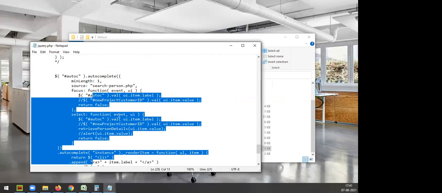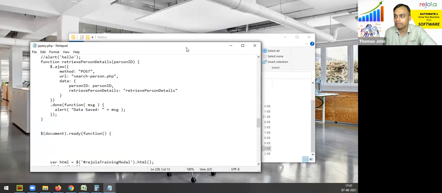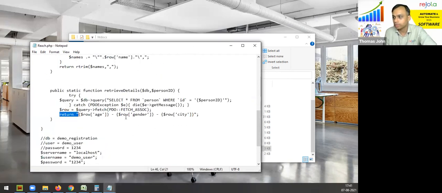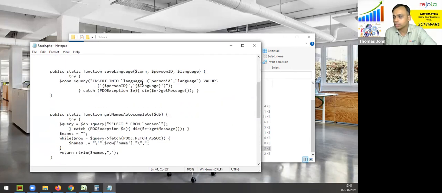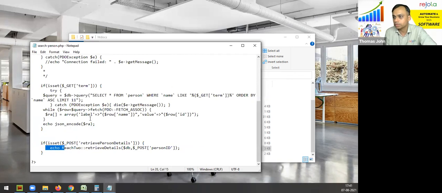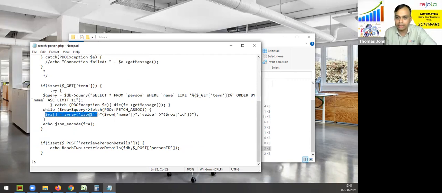JSON is nothing but, for example, here in the autocomplete, in the search person, we are getting the values on the PHP side as an array.